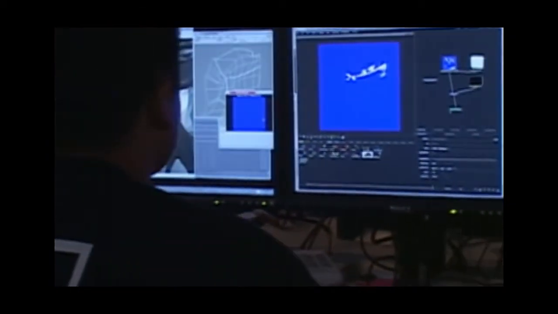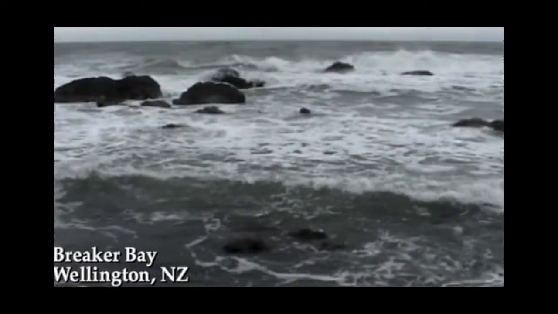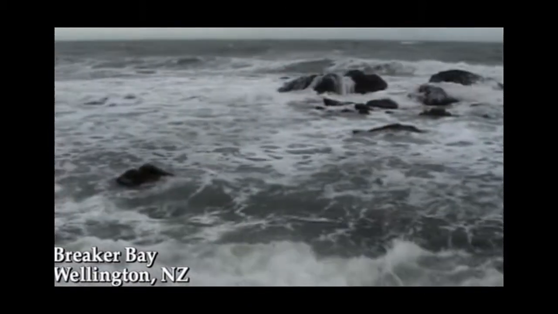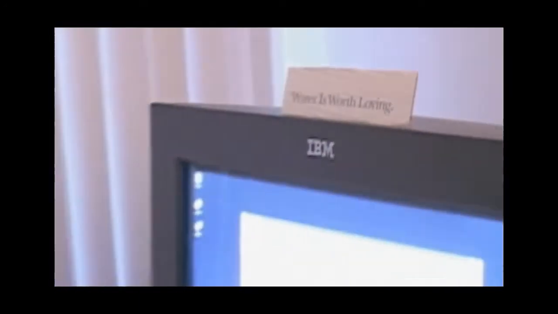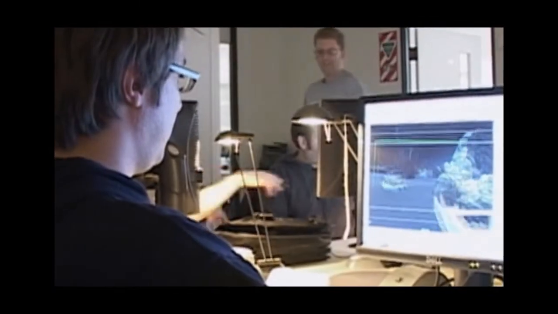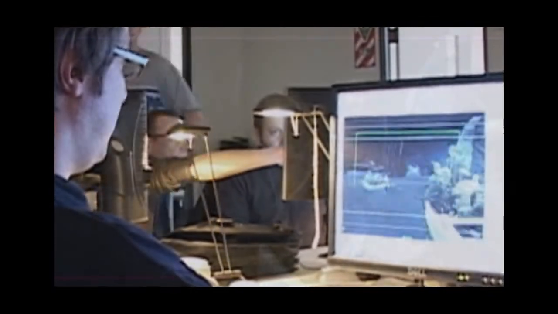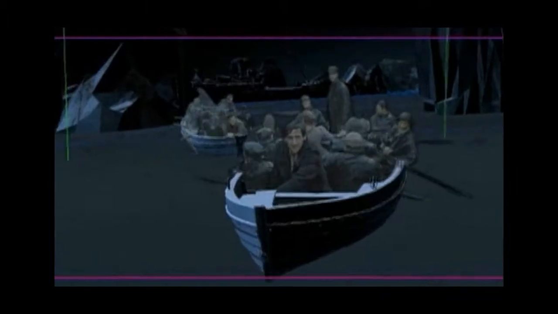And yeah, to the point that in some cases, some of the compositors in frustration took video cameras up to Breaker Bay or up to Island Bay, filmed stuff, digitized it, and put it in their shot instead of relying on trying to generate elements from scratch. So you end up relying on your water tools and your water artists, and then on a talented team of compositors to take these elements and combine them all with these computer graphics elements to create a believable scene